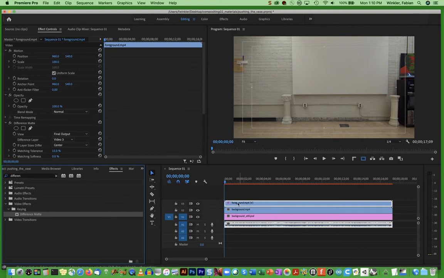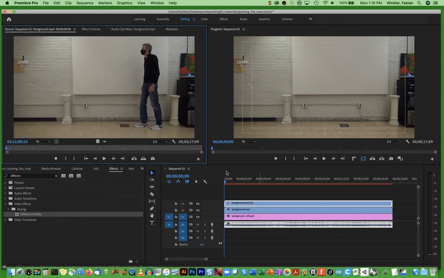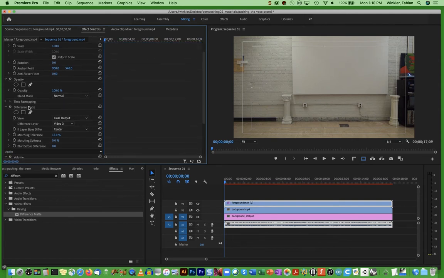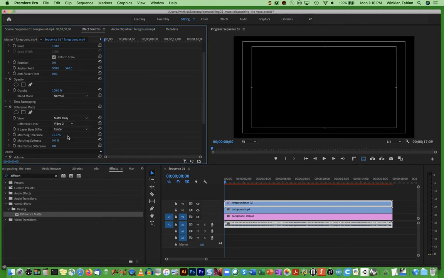so that we can truly benefit from it. So I'll do that by double-clicking into the foreground layer in track V3, which brings it up in the source window. And I go to the Effect Controls panel that allows me access to the different settings of my Difference Matte effect that you can find on the left-hand side toward the bottom of this window. The first thing I want to do is change the view from final output to matte only, and this is very